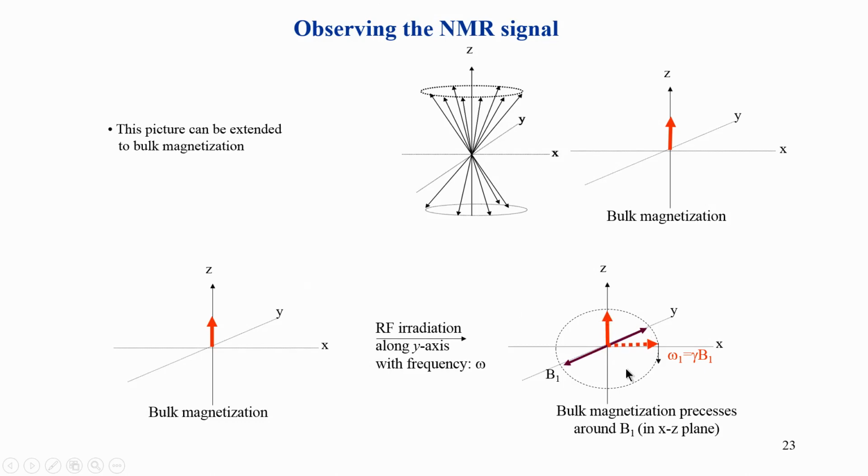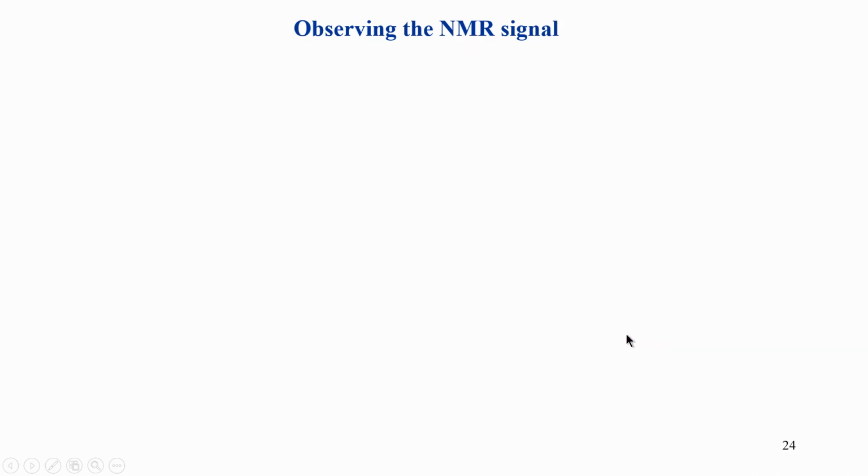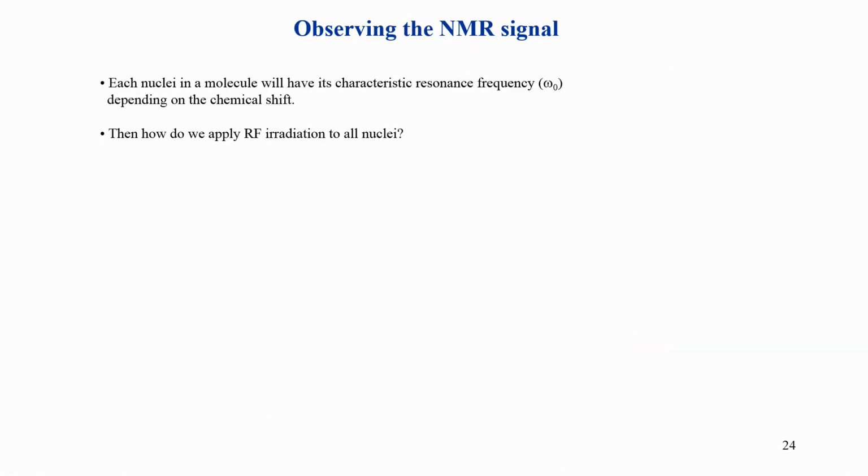This precession happens through an angle, which we call 90 degrees, a perpendicular, and if you go further it is now 180 degrees. So, we can allow the spin to go by any angle we wish, and then stop the rotation. How do we stop the rotation? We stop it by removing this B1. When we remove B1, the spin is frozen at the angle to which it has come. We can go further, to 270 degrees, and further still to 360 degrees. This is how basically the NMR signal is observed.